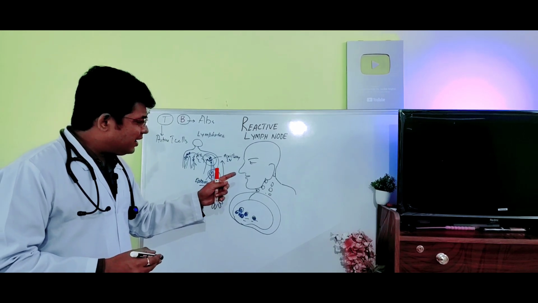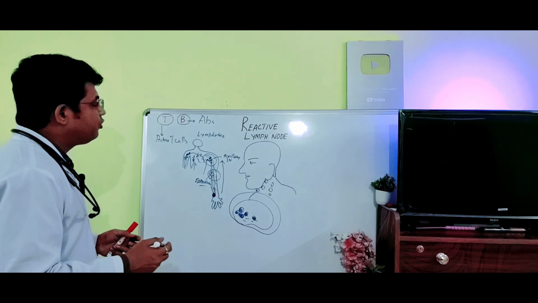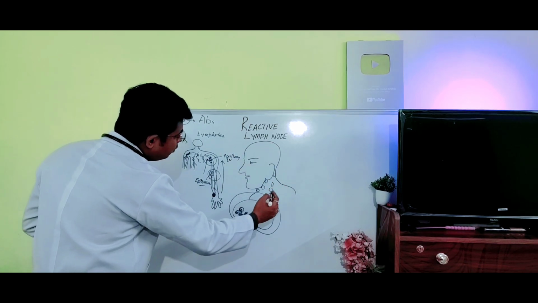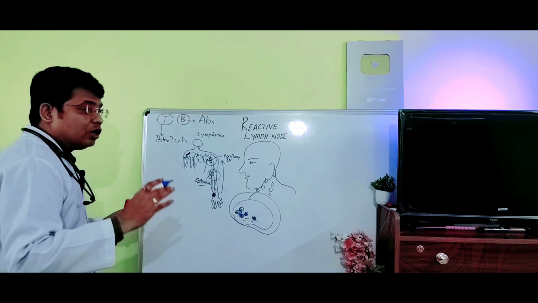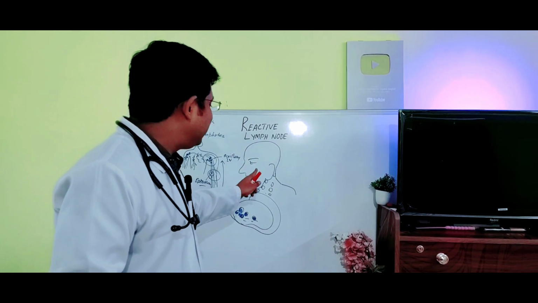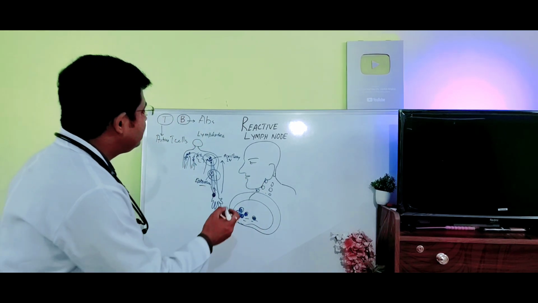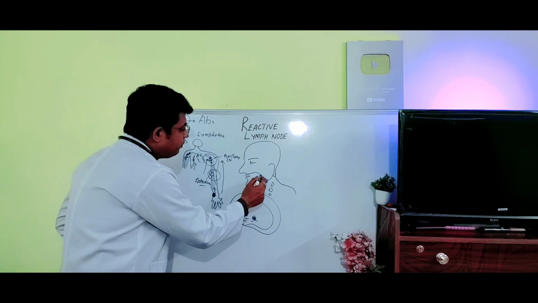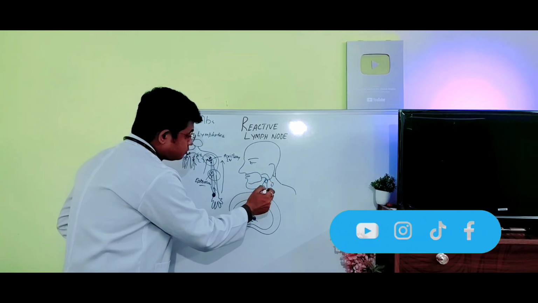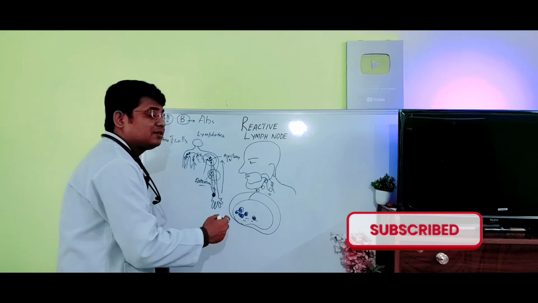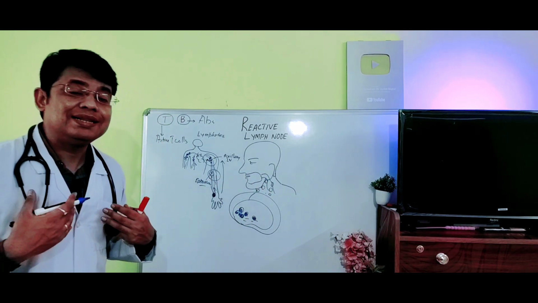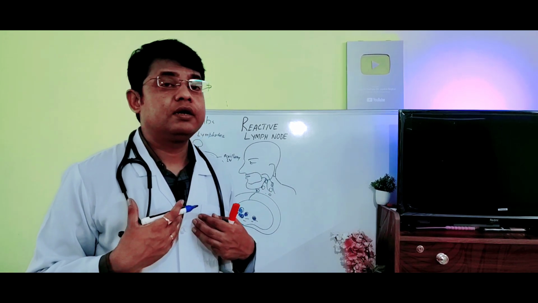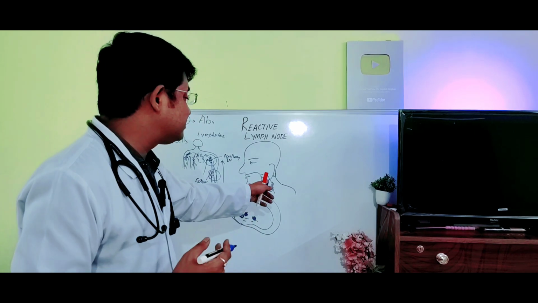Their enlargement is mainly due to infection in the upper digestive tract. Most of the times there are some infections within the oral cavity, it may be within the digestive tract or within the chest, within the lung, there may be some infection, and due to that infection the cervical lymph